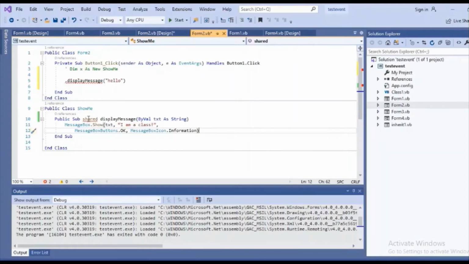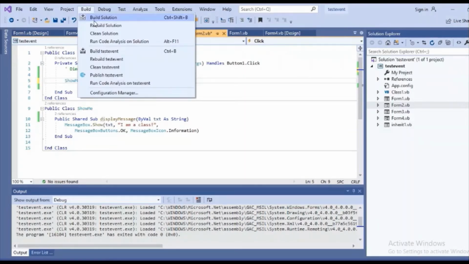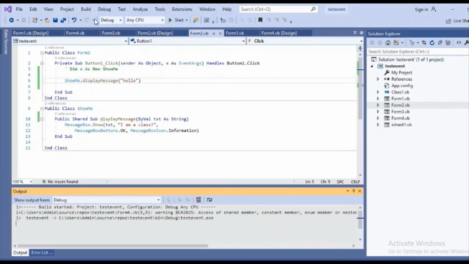Shared sub, sorry, you have to write shared here. Shared sub, and the name of the class is show me. So I will write here show me dot display message. It is simply not using any instance because I've shared the method. So without using an instance, I can display the message hello.